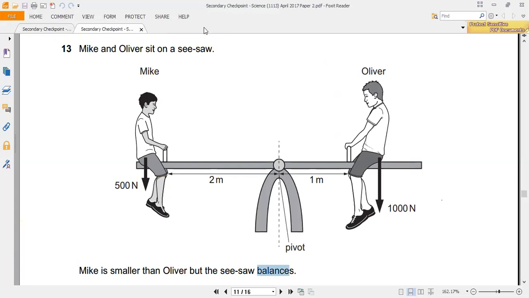Look, we always have to know that the force at balance, moment equal moment,